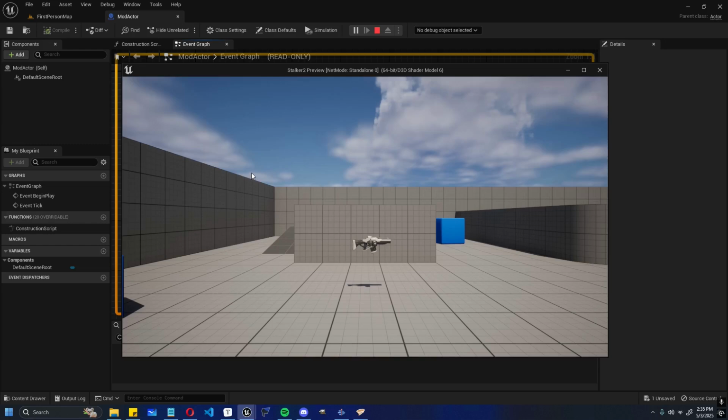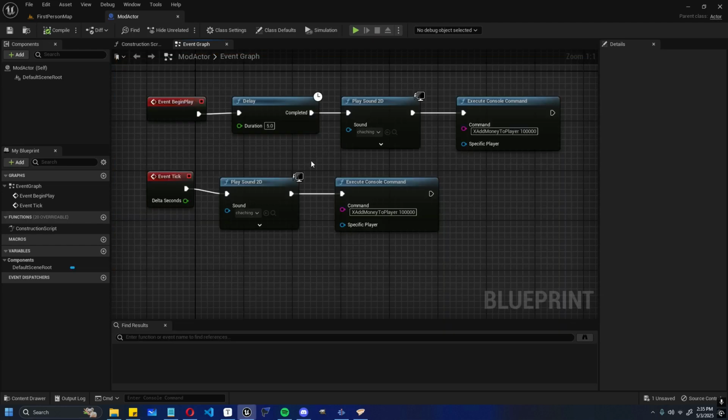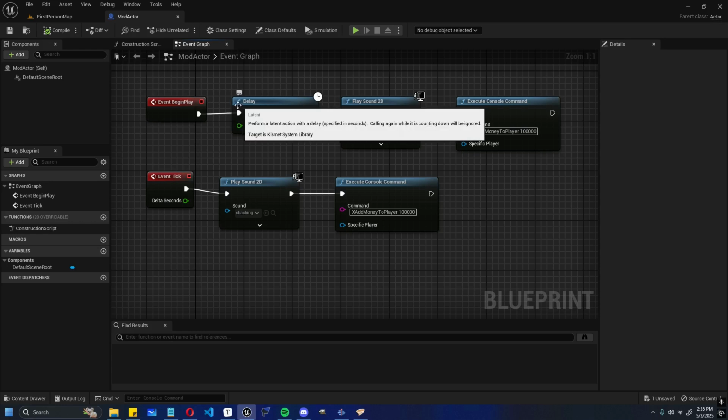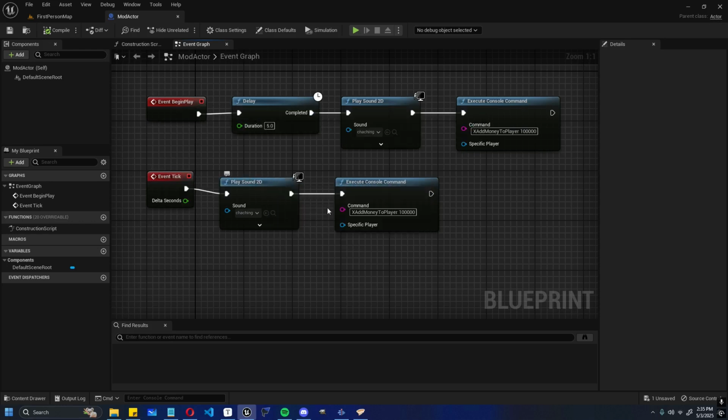So we get one immediately, and then once every 2 seconds, plus our 5-second delay. It may be a little bit hard to understand which ones are associated with begin play and which ones are associated with event tick. Fortunately, there is a pretty nifty feature in Blueprints that when you're testing it in the Play In Editor, the PIE mode, you can actually view visual indicators of what node is actually firing at the same time you're